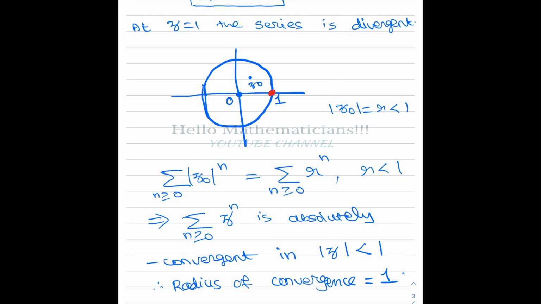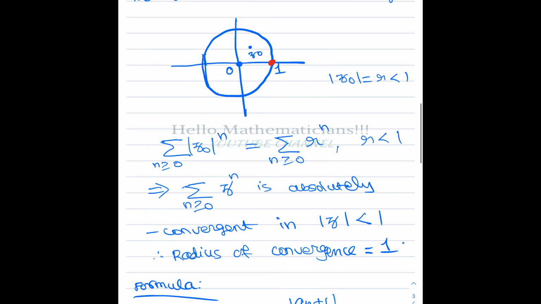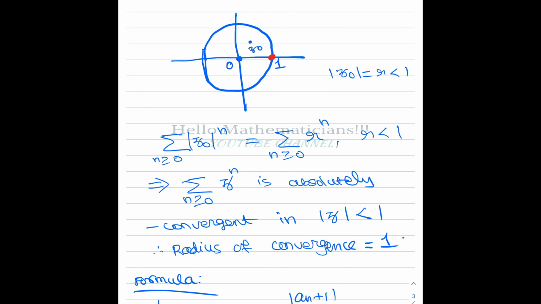So modulus of z naught will be r. I take modulus of z naught to be r, and this r will be strictly less than 1. Since r is strictly less than 1, this is a geometric series. That means that this series, summation n greater than or equal to 0 of z power n, this power series is